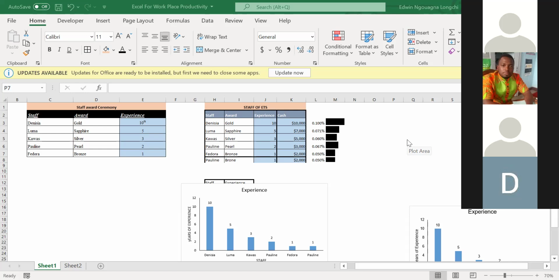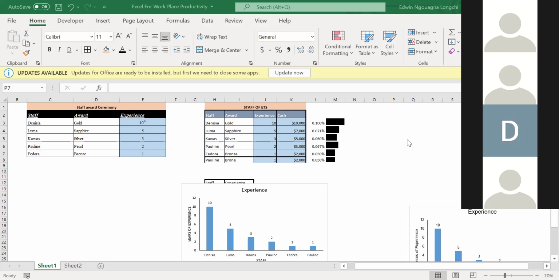And then those who are accountants, you're going to see how to do your financial statements, budgeting, logistics, stock management, and all that. We'll see it. And then at the end, we'll see how you can get a job by leveraging your Excel skills.